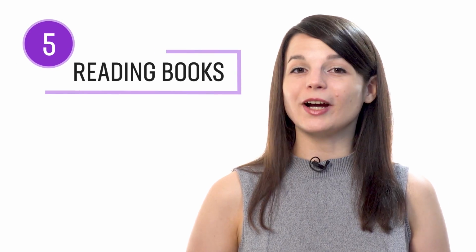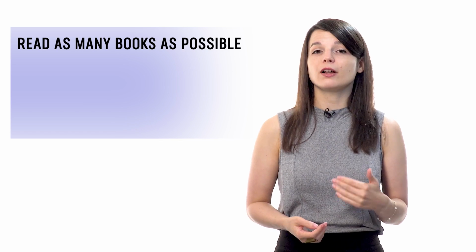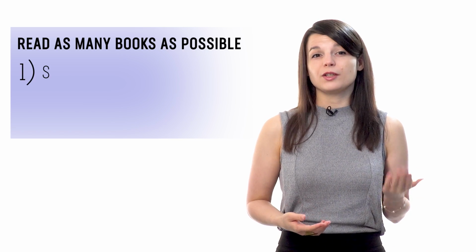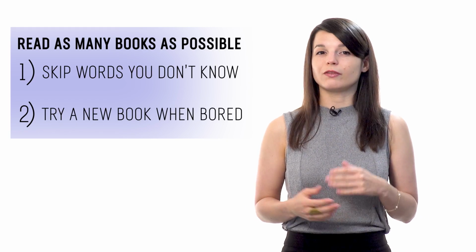Number 5, practice with extensive reading books. Extensive reading is a learning tactic where you read as many books as possible at a level that's easy for you. And you follow these 2 rules. 1, you skip over words you don't know, and 2, you jump to a new book if the current one is boring. The goal is to help you master reading, vocab, and grammar simply by reading a lot without getting